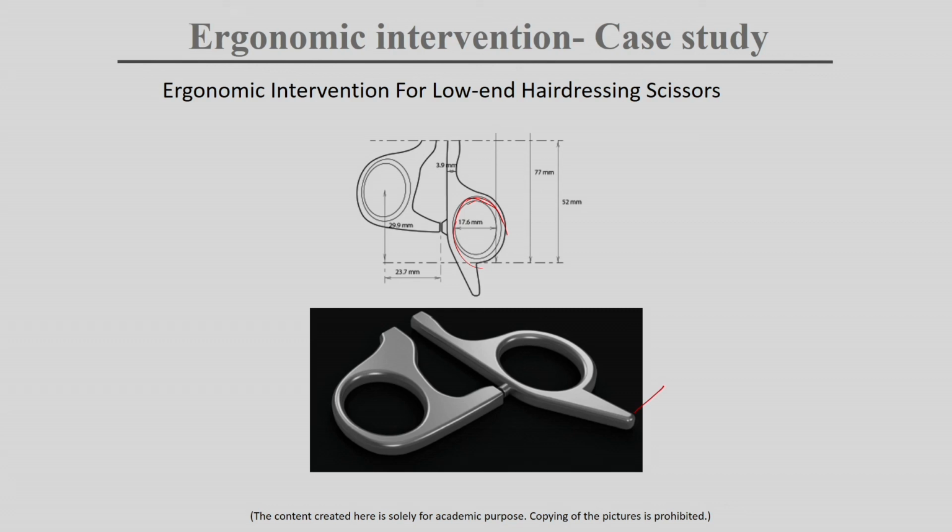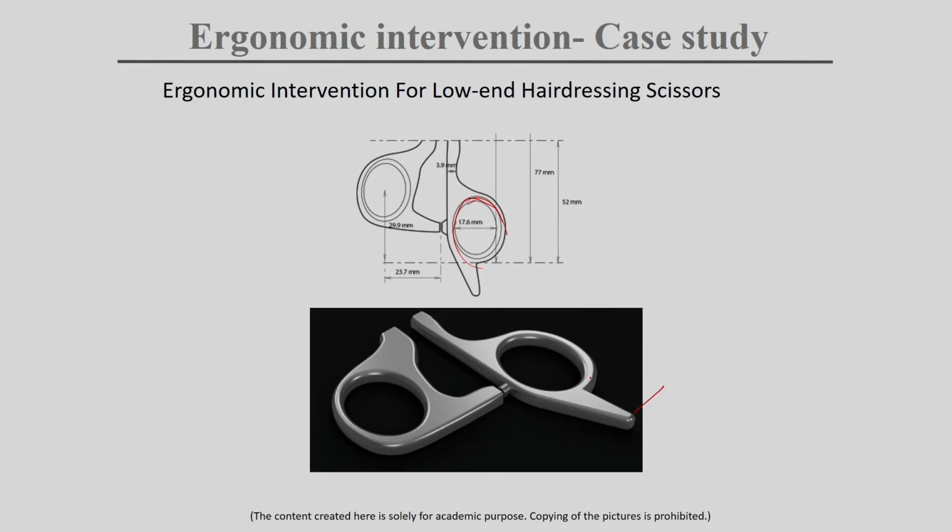With the final product we have corrected a few things. One is the pain point, which is more comfortable because they are getting support. We have also taken an ergonomics intervention from the point of view of biomechanics, and tried to redesign it, taking care of the biomechanical issues of the person. This is one example to show you the importance of biomechanics, and how we can use these biomechanical issues in our design intervention. Thank you.